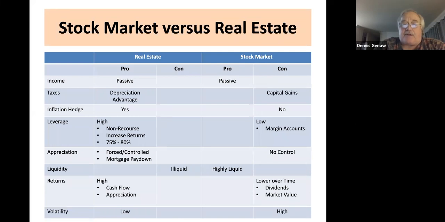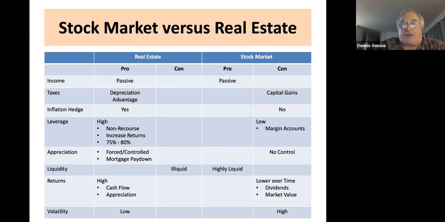As far as leverage, can you leverage in real estate? Yes, and there are a lot of advantages. You can use a high amount of leverage, which means getting a loan to buy the property. In commercial real estate, you can get loans. Right now in the market, you're seeing 75 or 80% loan to purchase price. And those loans can come in as non-recourse, which means that if the property goes bad and the bank has to take it back, they don't necessarily come after the borrower personally. The property is the compensation to the bank for that.